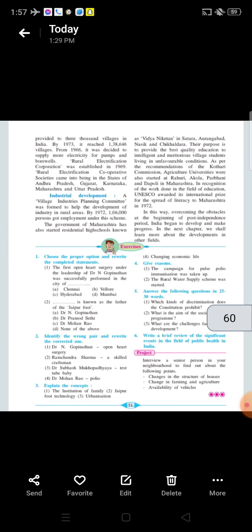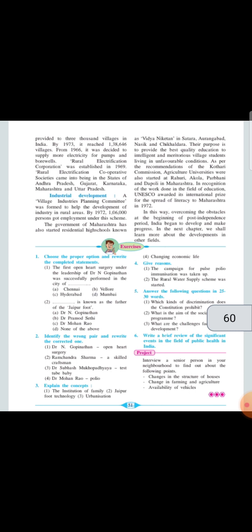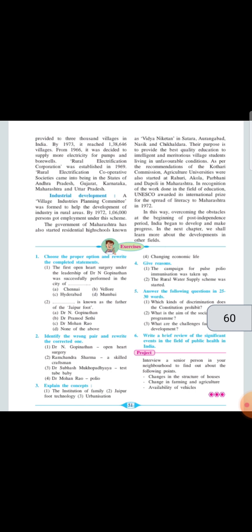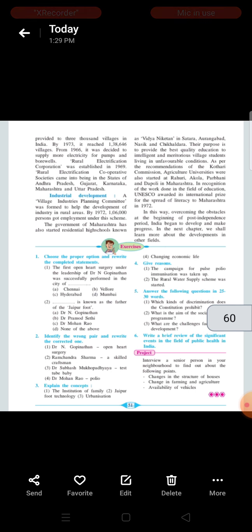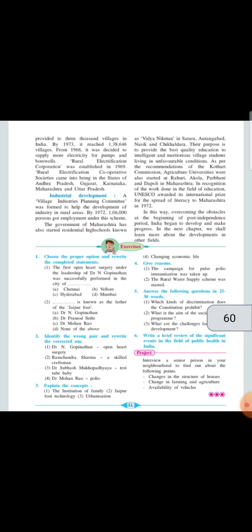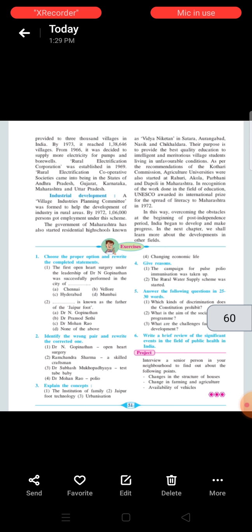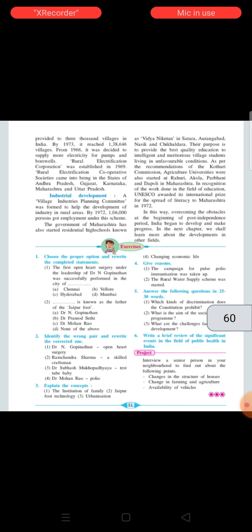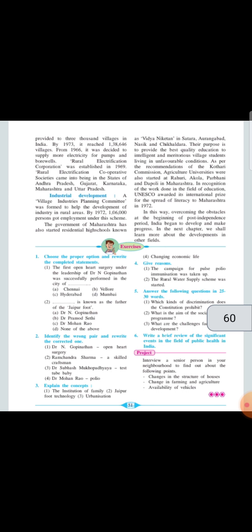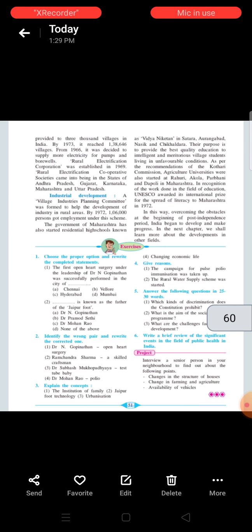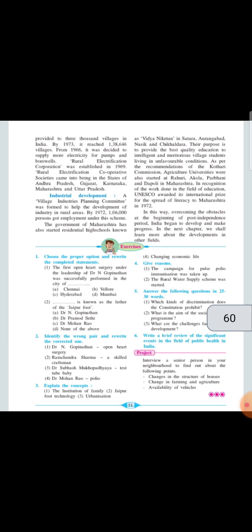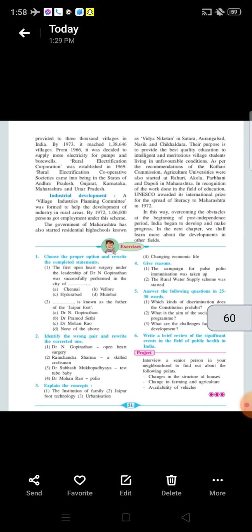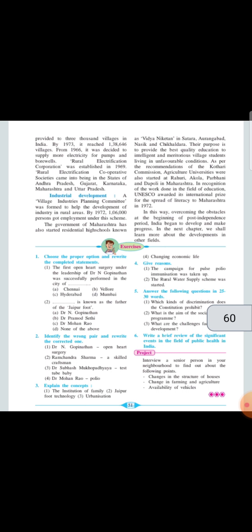Let us see over here. In industrial development, a village industries planning committee was formed to help the development of industry in rural areas by 1972, and people got employment under this scheme. The Government of Maharashtra has also started residential high schools known as Vidya Niketan in Satara, Aurangabad, Nasik and Chikhaldara. The purpose is to provide the best quality education to intelligent and meritorious village students living in unfavorable